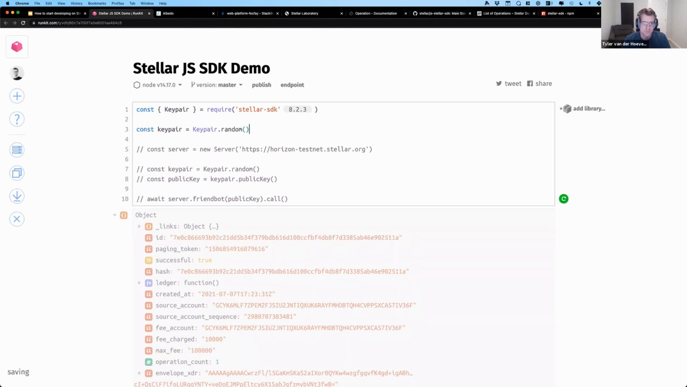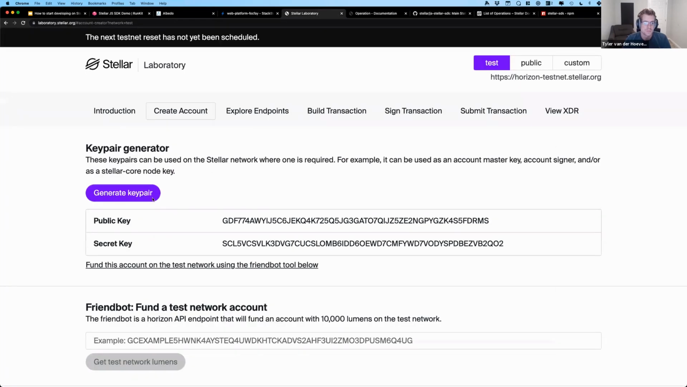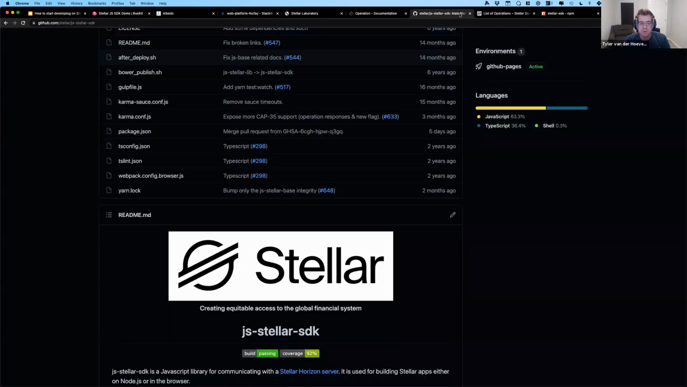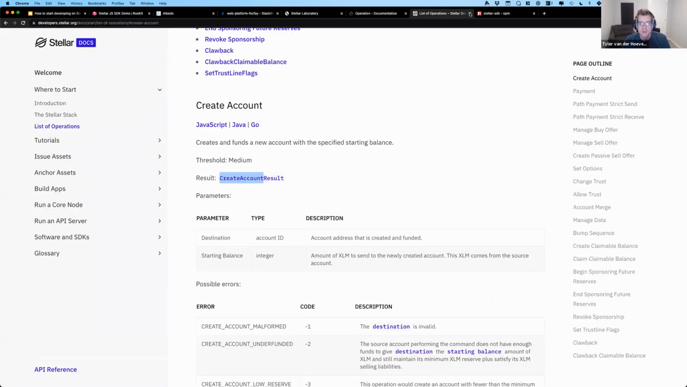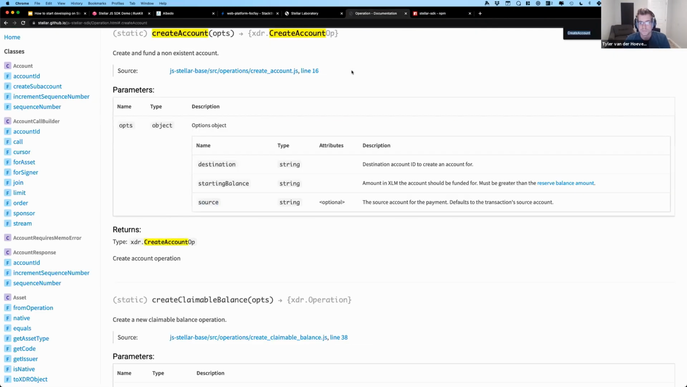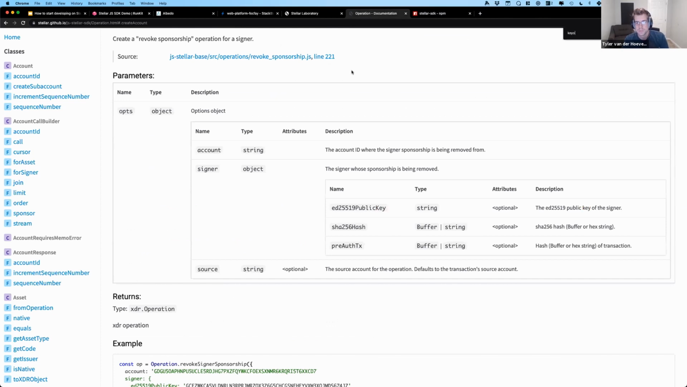And we're just going to create a random key pair. So that's what this button here is doing. It's just doing key pair random and getting us a new valid public-private key pair. And you can find this if we go to our key pair